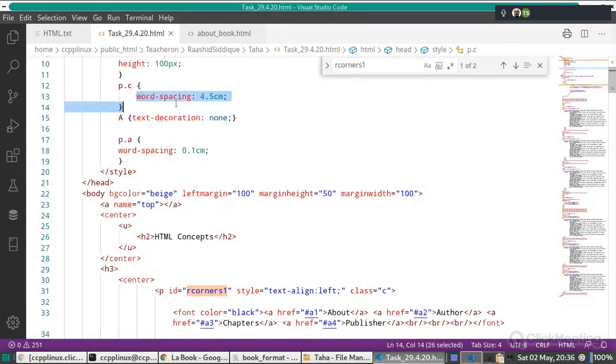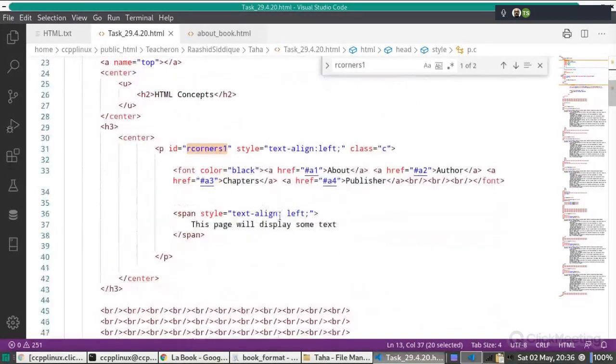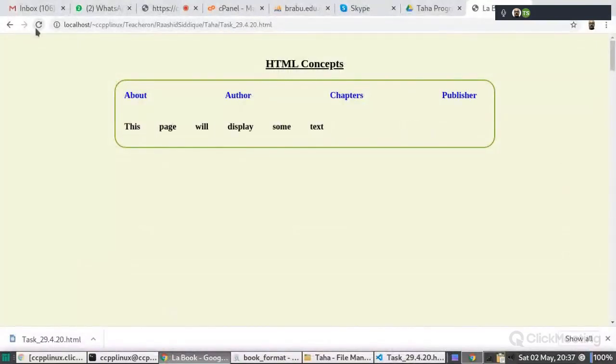Here we need to use this word spacing. We have to use it here for this span tag. Can you change it to like 0.1 centimeters? Oh, okay. Yes, it is like this.